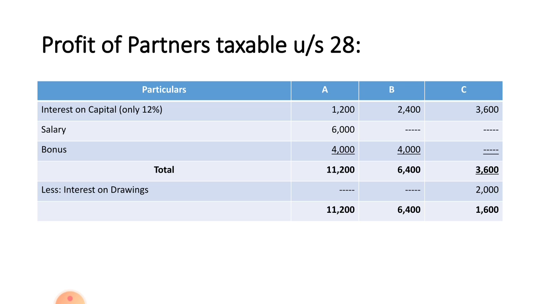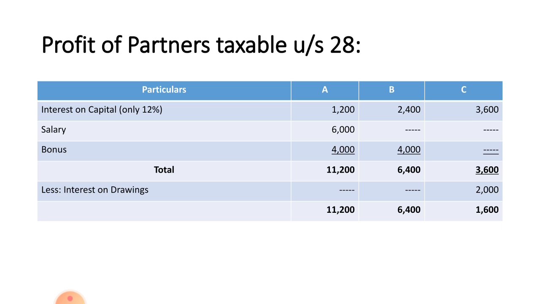Interest on capital only 12%, because as per the rules under section 184, only up to 12% is interest on capital payable to the partners. That is why only 12% you have to consider here. 8% you already calculated as disallowed items, that you cannot consider here. That amounts to